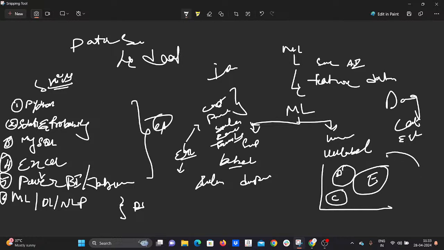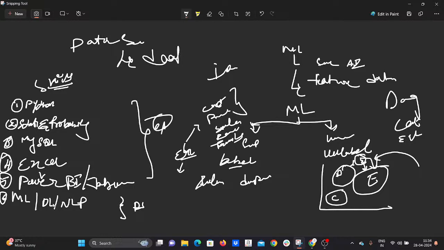If any new data appears, the algorithm will analyze the data based on whether the features are similar or not. If a feature is similar, it will jump into that cluster. So here the new data is an elephant, the similarity is present in the elephant cluster, so it will jump into it, or it will be classified into that category. So this works on unlabeled data.